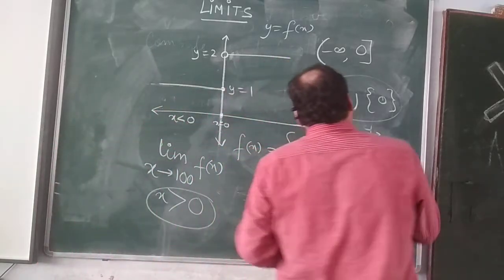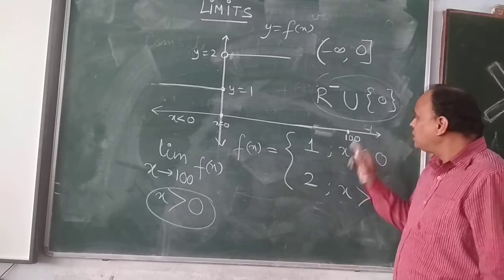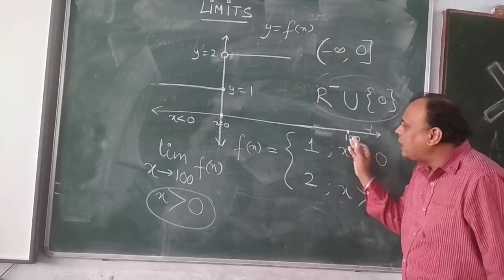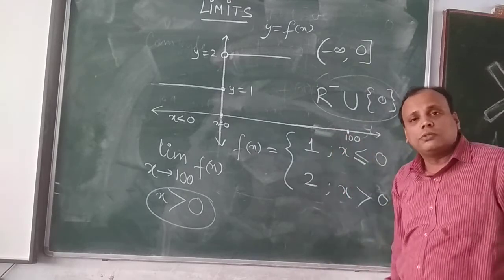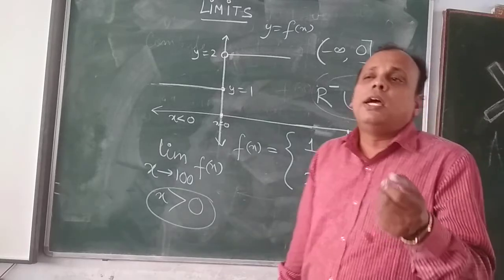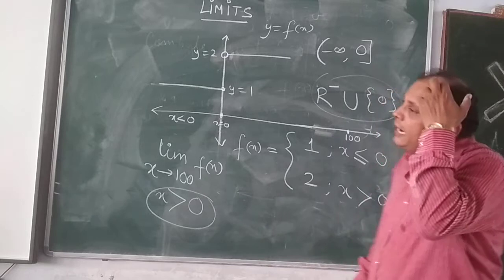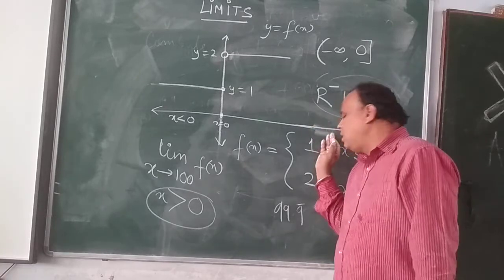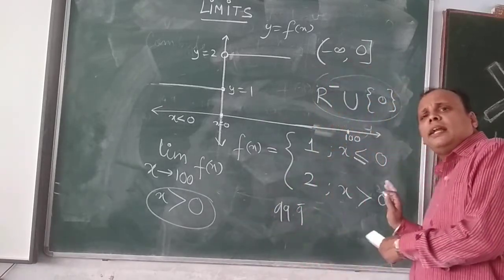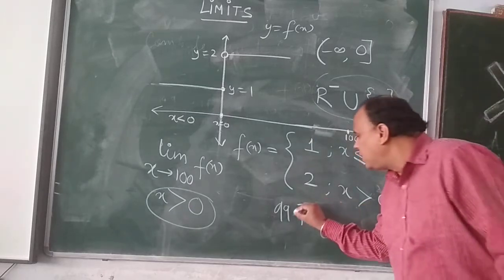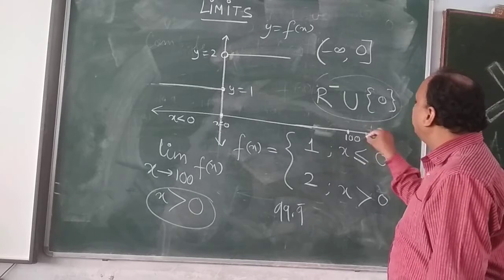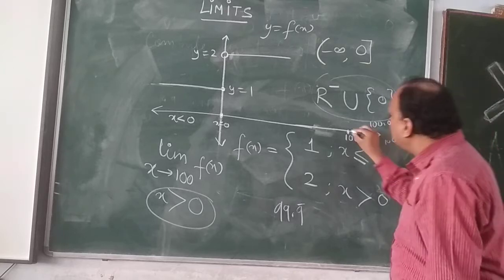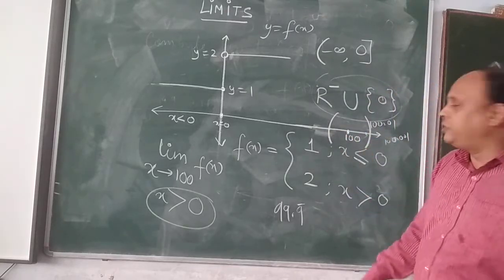Okay. Now if we consider the neighborhood of 100, we see that whenever x approaches 100, what would be its value? Its value would be of the form x is equal to 99.9 bar, isn't it? 99.9 bar, or very close values like 99.99999, so you can consider it 99.9 bar, and from the right-hand side we can take 100.001, nearer and nearer to 100. Just depict the neighborhood of 100.